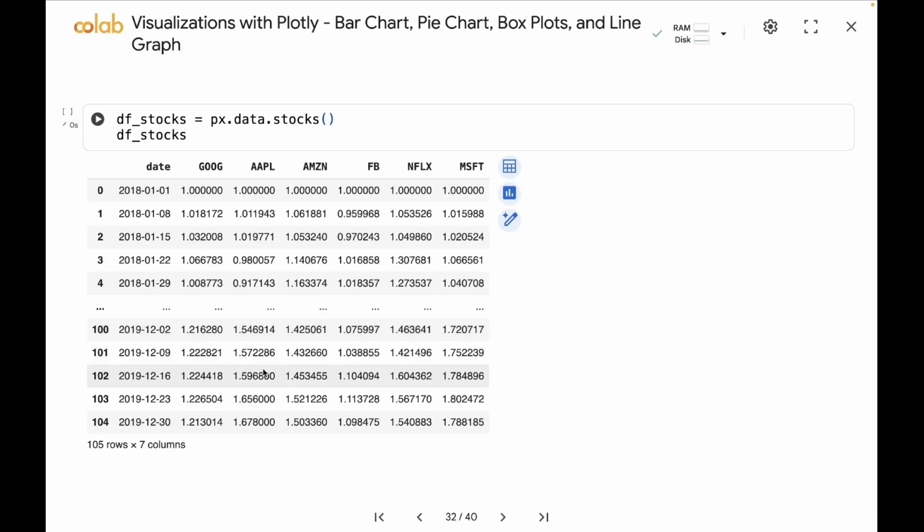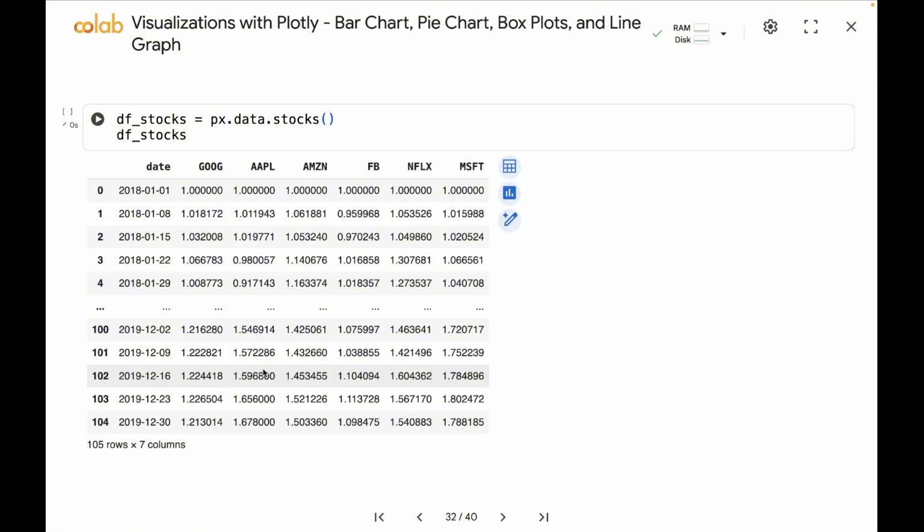Okay, so this is the data frame that represents the stock prices. Right? Each row is one time point. If you look carefully, actually there's only one data point for every month. Okay, maybe not every month, but every week, I think. So basically, for each row we have a date, and then we have a total of